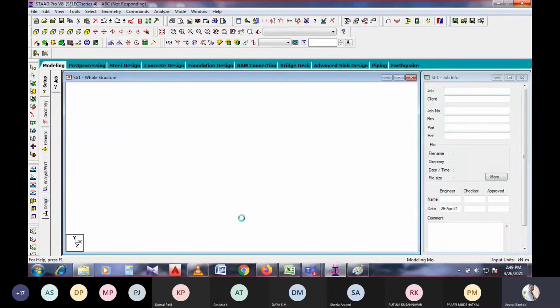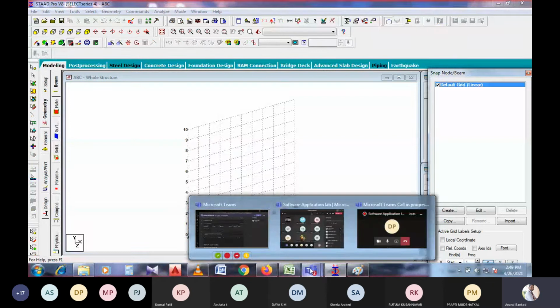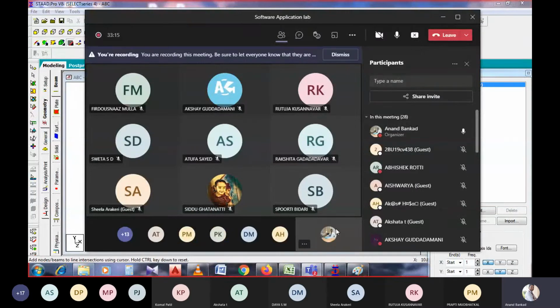Everyone, please interact and tell whether it is clear for you. Yes, Abhishek, Aishwarya, Akshata, Sidhu.